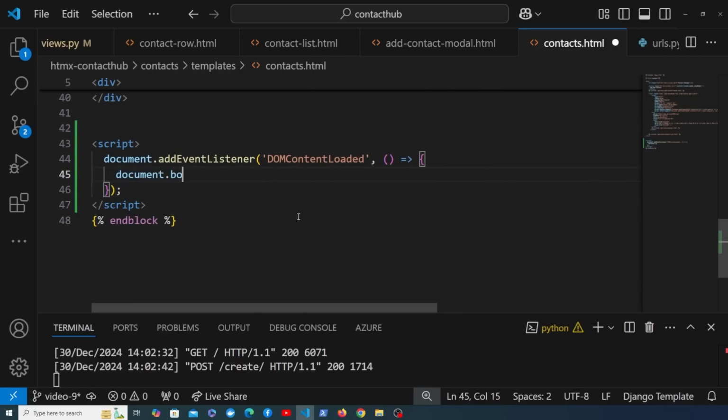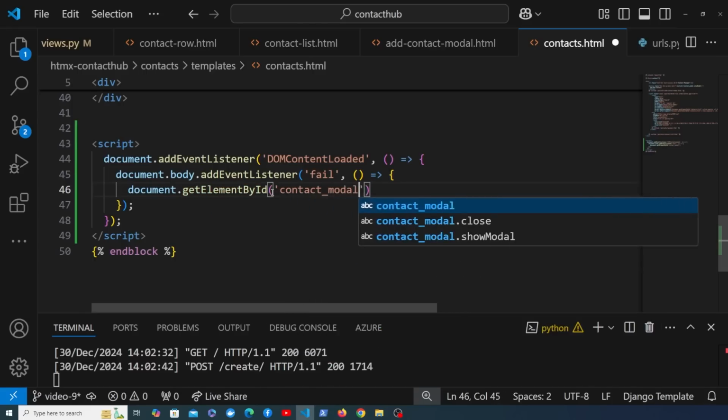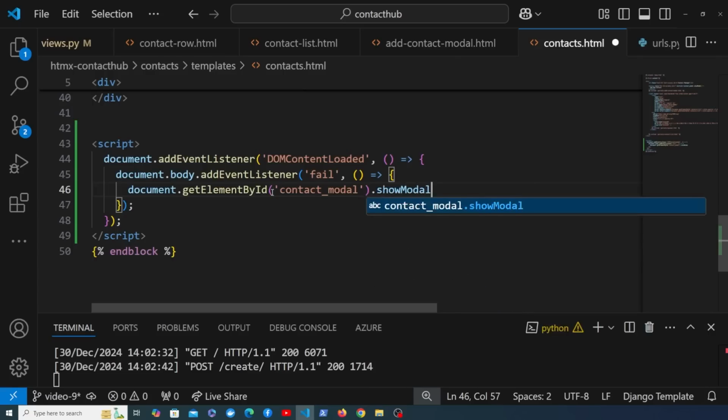And on the document.body, I'm going to use another event listener here. And we're going to listen for that fail event from the server. And when we get that event, we can write another arrow function to handle what happens when that fail event is returned. Now what I want to do here is get the contact modal. So we're going to use document.getElementById, and that has an ID of contact-modal. And that's going to be there on the page. It's going to have replaced the previous modal. Once we have that, we can then call the showModal function from DaisyUI in order to actually take that new modal that's been returned and programmatically trigger the show event